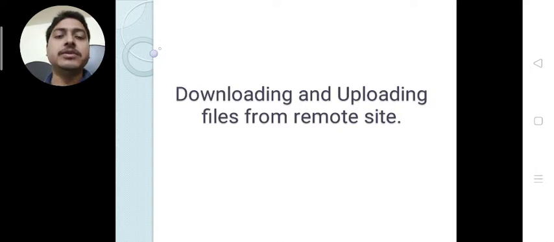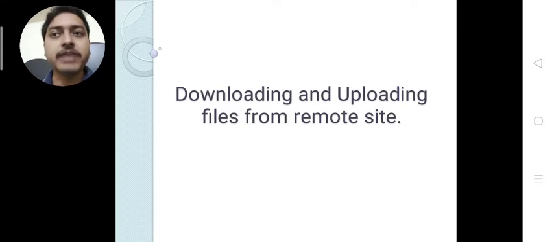A remote term means a file that is not available in our physical device, means the machine which we are using directly, that file is not available there. We wish to get that file from somewhere else, means the computers, the hosts connected to the network. Using the internet we will get that file, we will access that file, and if